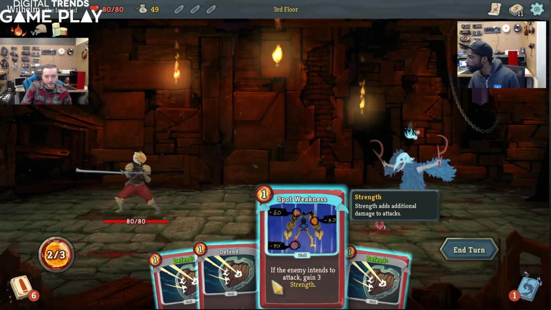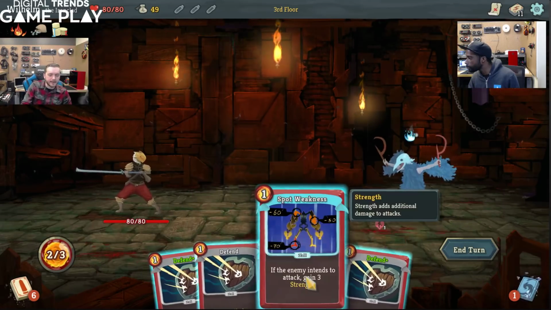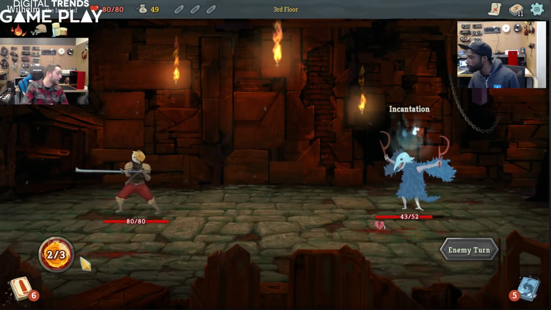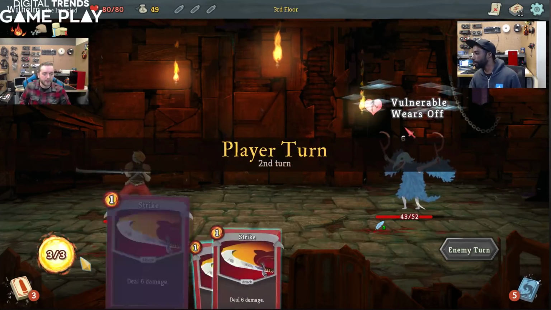So I could play these, but they won't really do anything because the block goes away after his turn, and he's not attacking, so this won't do anything. So I'm just going to end my turn. Mana, unfortunately, excess mana does not carry over, except there's some cards and relics that will add carry over